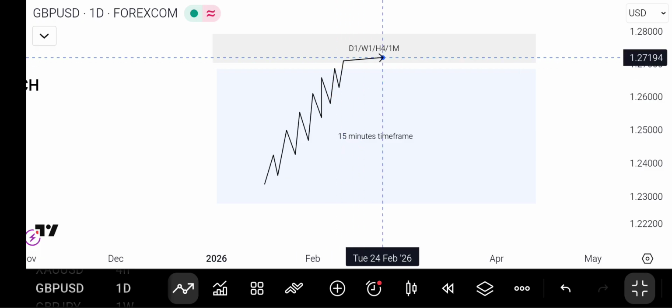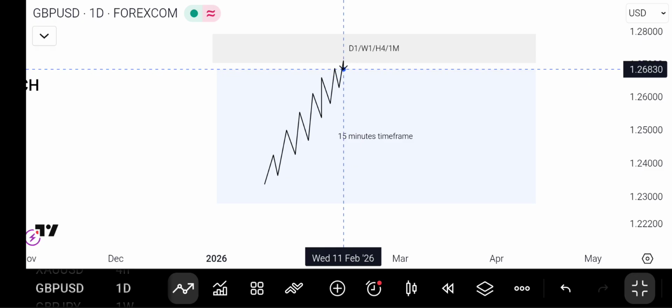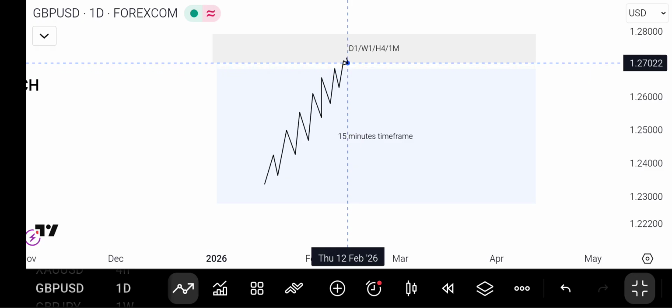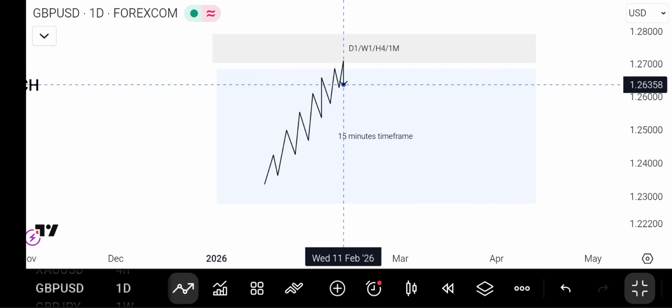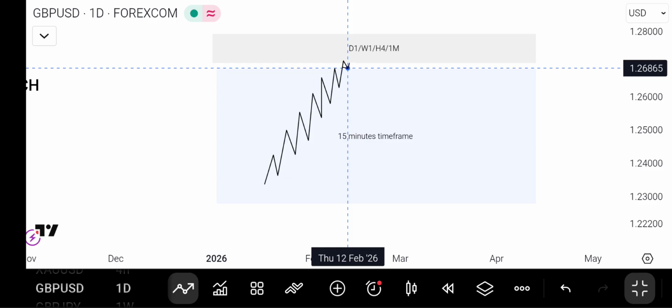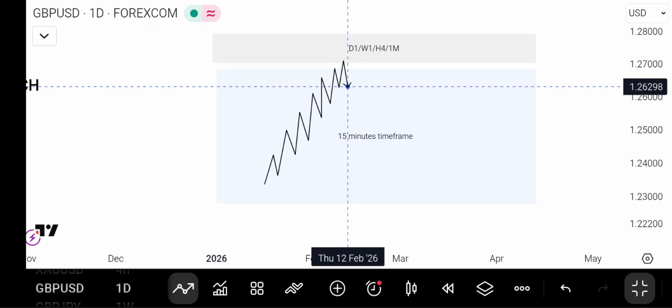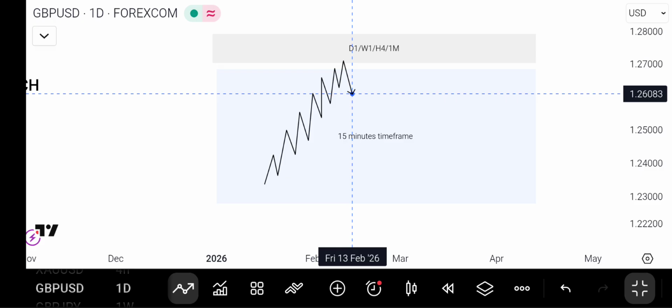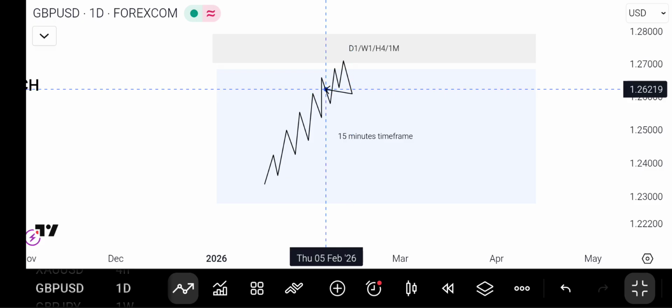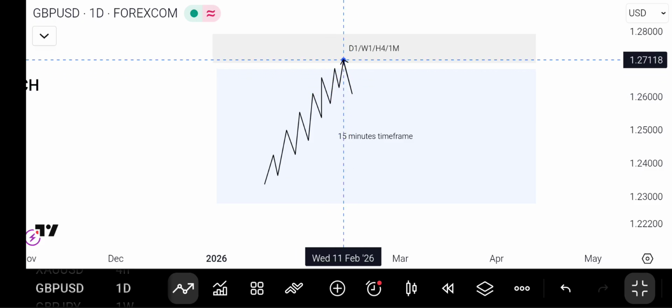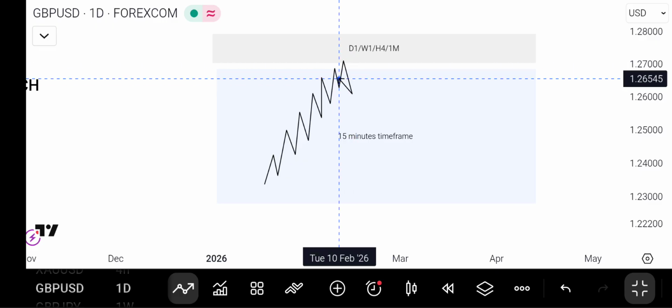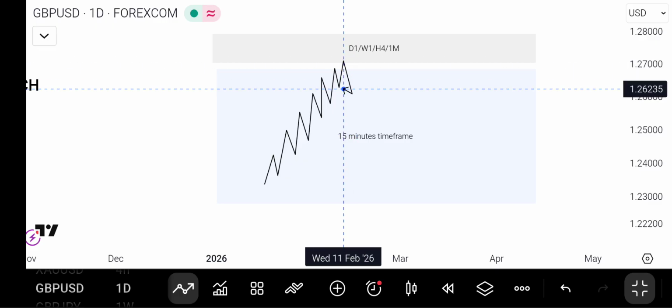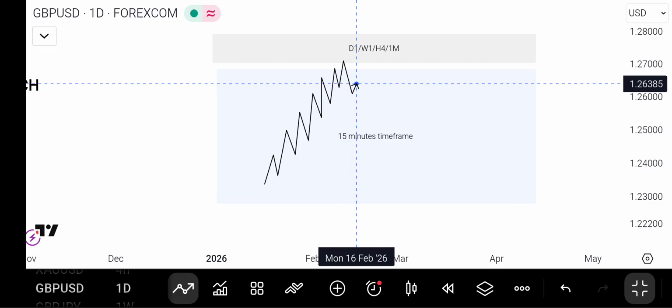Remember, look at it, it will tap slightly into our bias point of interest, slightly. It won't go deep. Then changing character. Whenever you see this, after it taps into our bias point of interest, you say, oh, this is a valid market structure shift, right? Then gold will go boom,